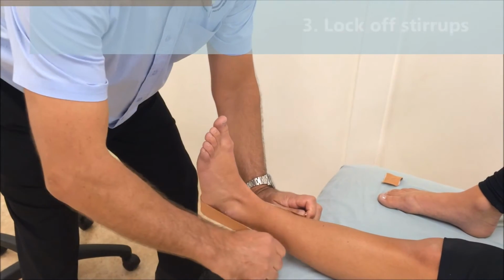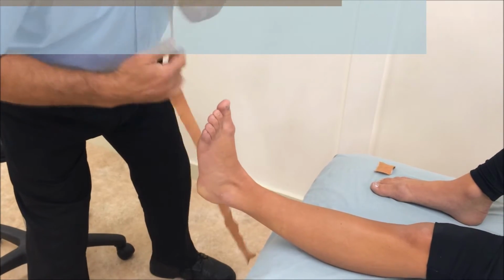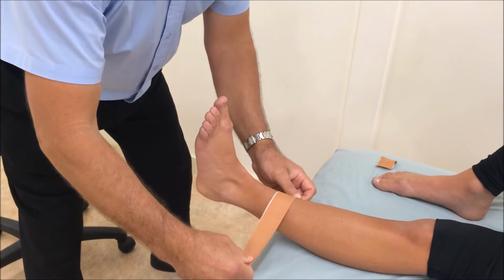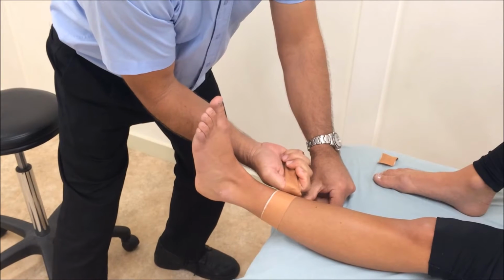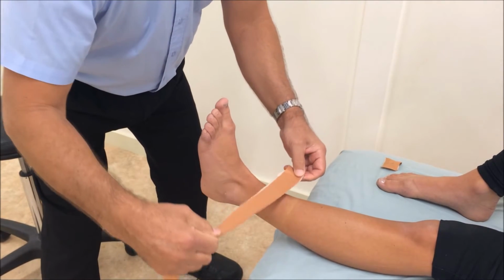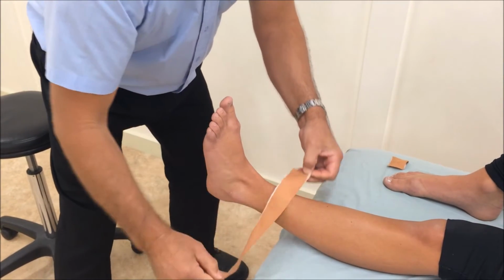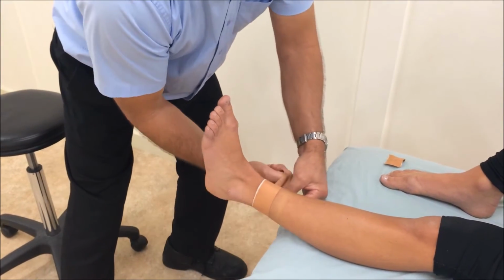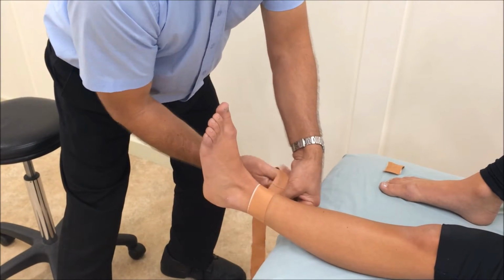Okay, after finishing the 2 or 3 stirrups, we need to hold those into place, asking your patient or person to keep their leg at right angles and lock off those ends of the stirrup so they don't move. Once you've locked that off, it's important to overlap by 2 or 3 gentle circulars applied so you don't hurt circulation again, coming down the ankle 2 or 3 times depending on the size of the ankle, stopping just before